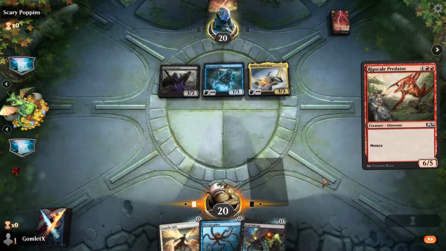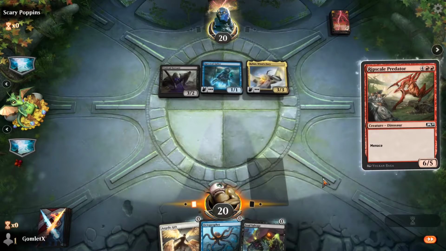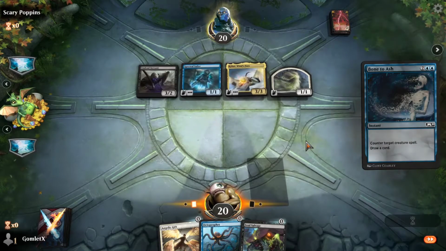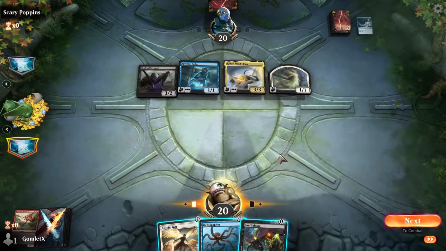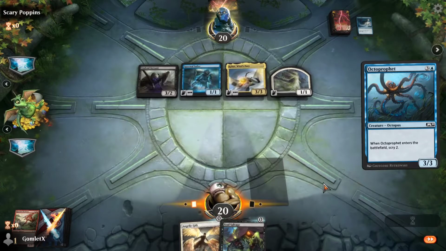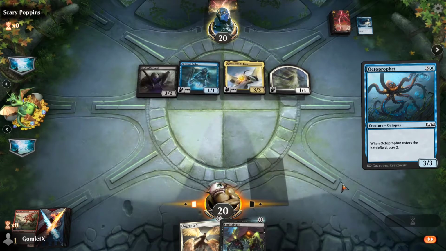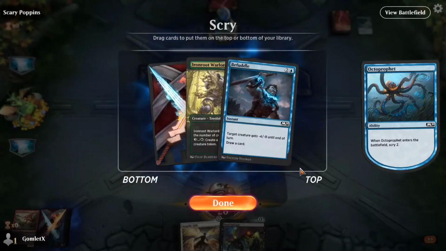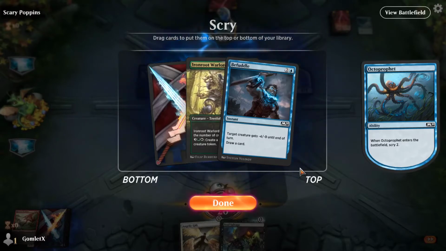I will cast a Ripscale Predator first, so if they have Bone to Ash, they counter that instead of my Octoprophet. Look who just got read like a book, but it doesn't matter. So scry 2 and then draw a card. That's why I wanted my other card countered and not this, because now I get to scry 2 then draw a card, so I could potentially set up into some kind of Meteor Golem replay shenanigans to get out of this,